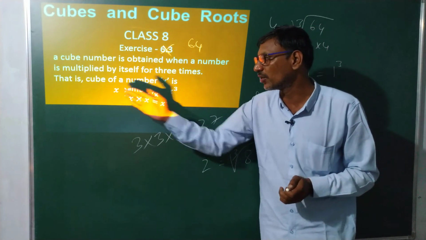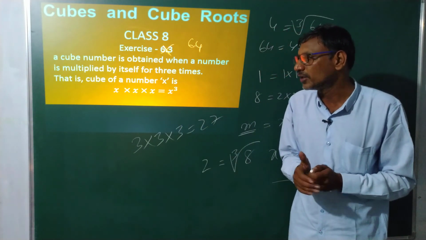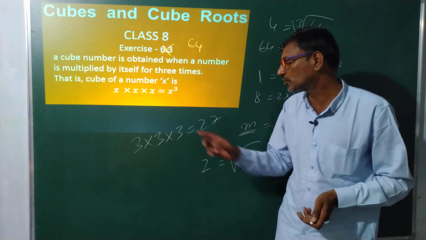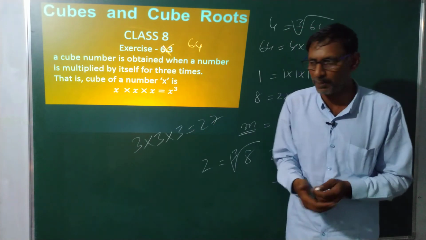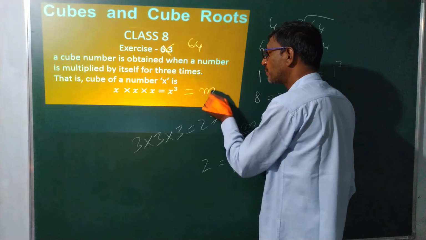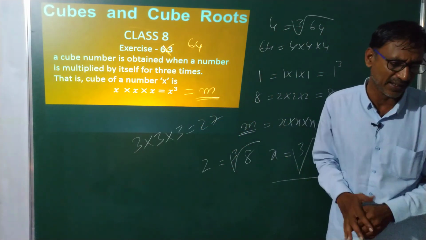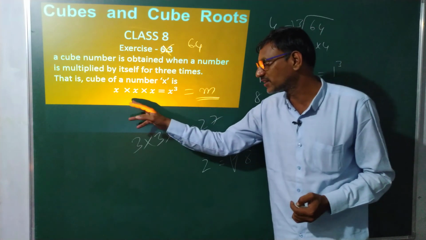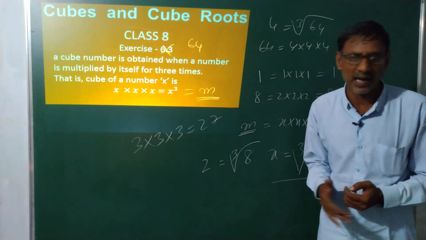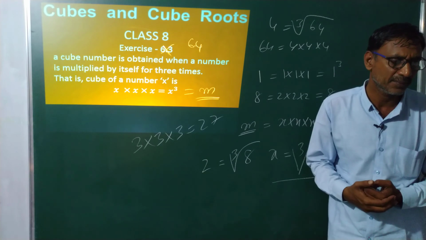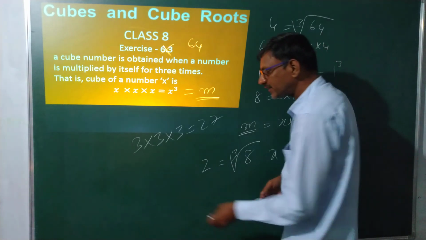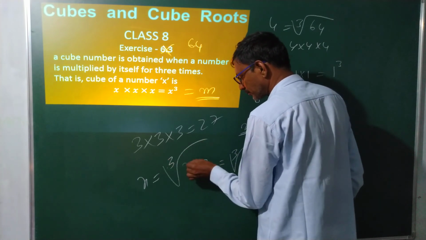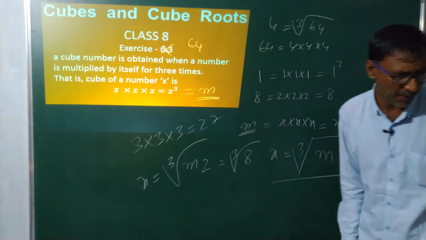So this is also written like this. Suppose x is a number, x into x into x is equal to x cube, a cubic number. Its value is whatever it may be. I take m as an integer, where x is an integer. M can be expressed as x into x into x. Then m is called a cubic number. And then x is equal to the cube root of m. That's it. Am I clear?